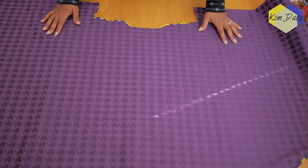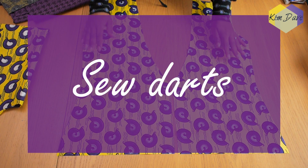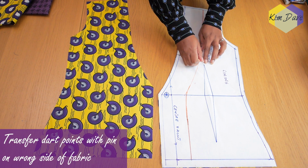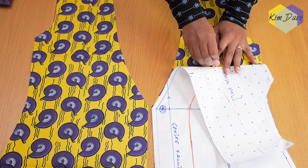So once that is done, I'm going to go ahead and move on to the next step, which is to work on the actual blazer itself. So I'm just going to go ahead and transfer my darts onto the front panels on the wrong side using a pin. So I'm just going to punch out through the hole,